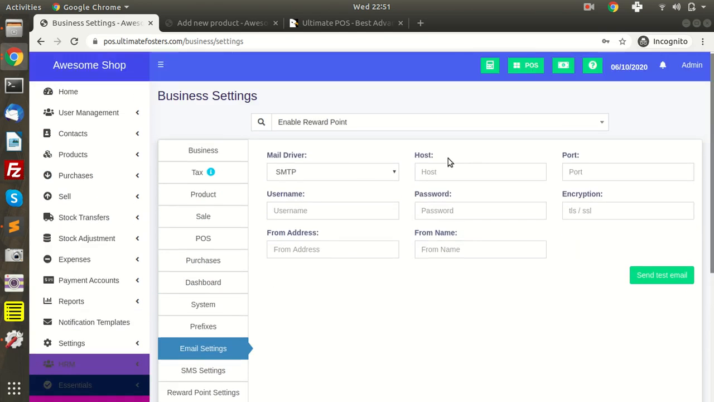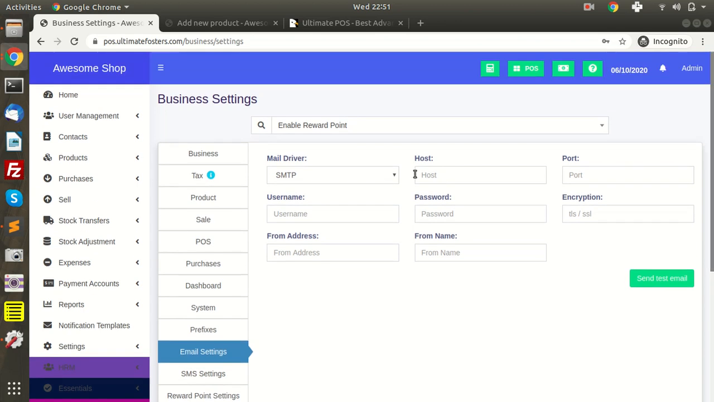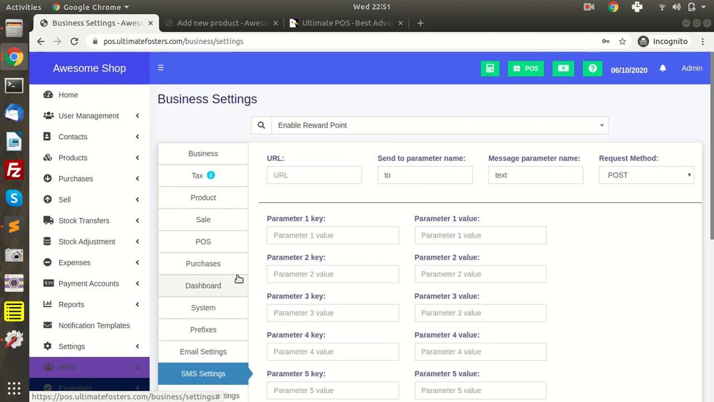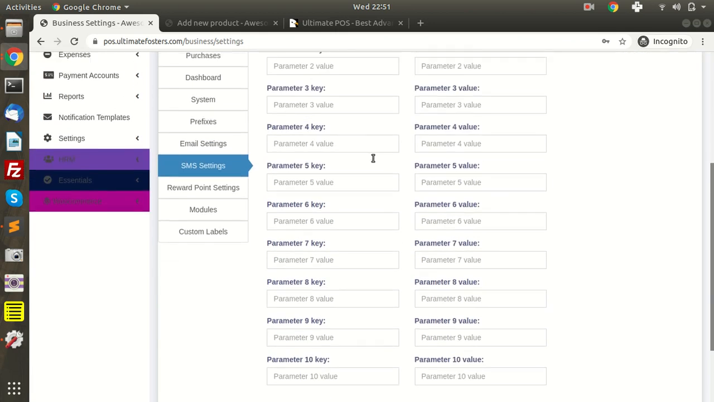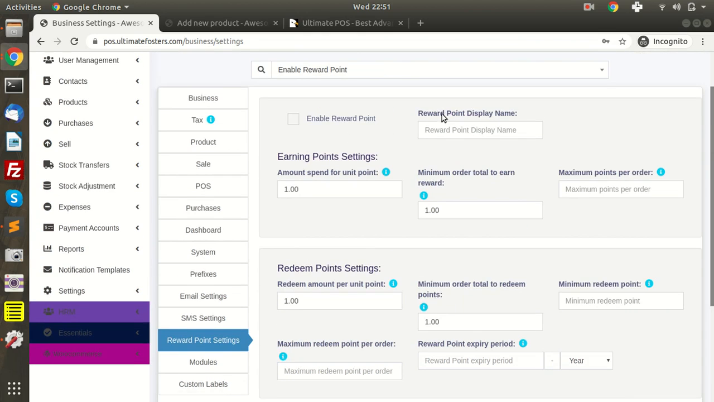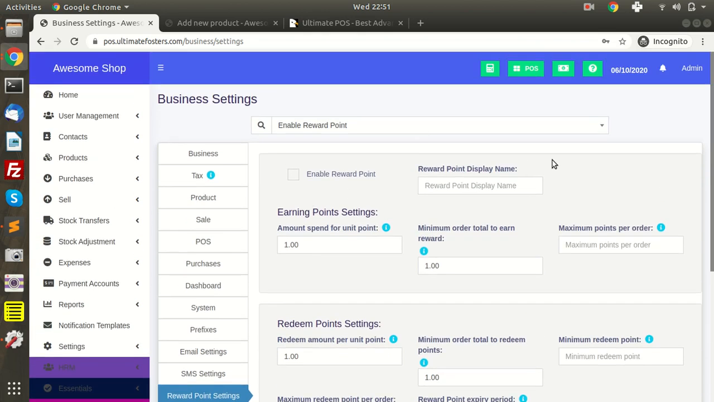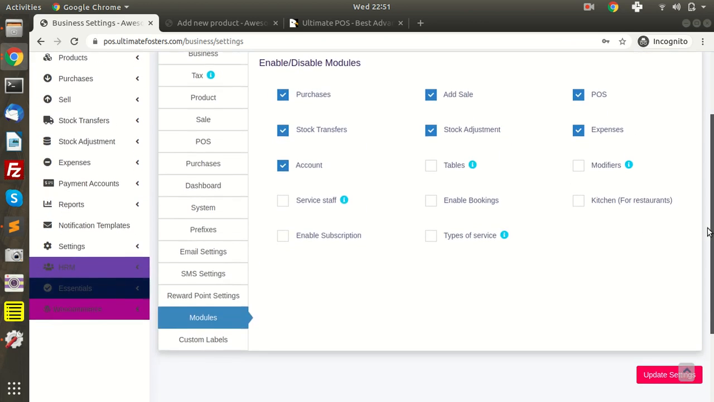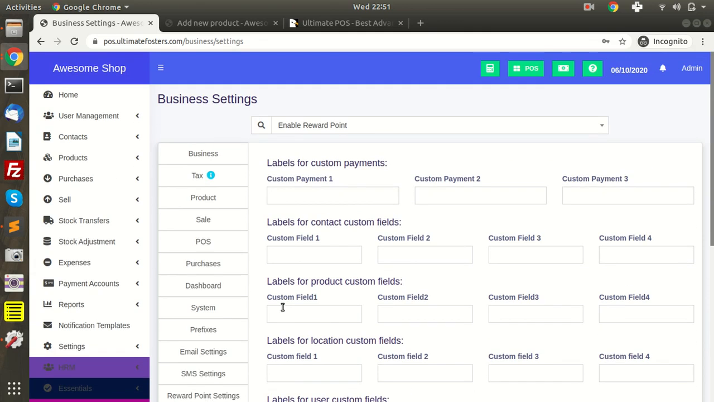In the email setting, you can provide SMTP details. Similarly, in the SMS setting, you can give all the settings related to the SMS. In the reward point settings, you can give all the settings related to the reward points. In the modules, you can enable or disable different modules from here. In the custom labels,